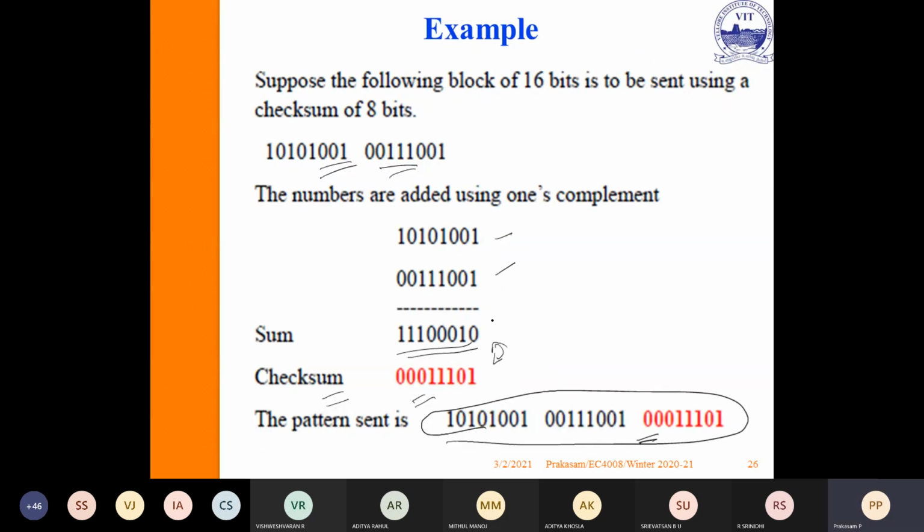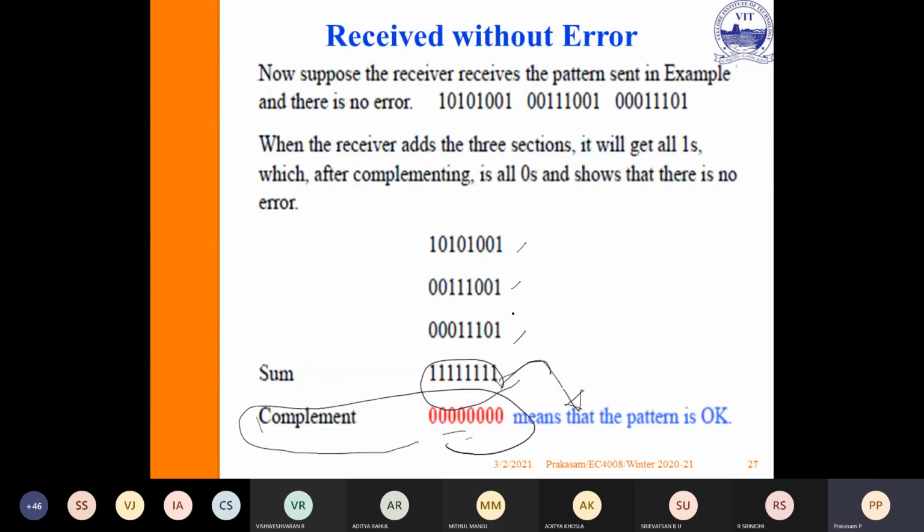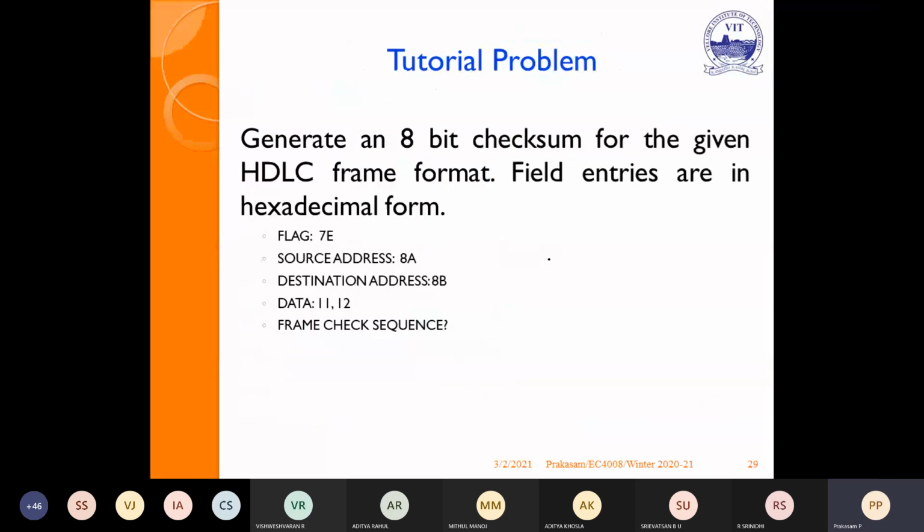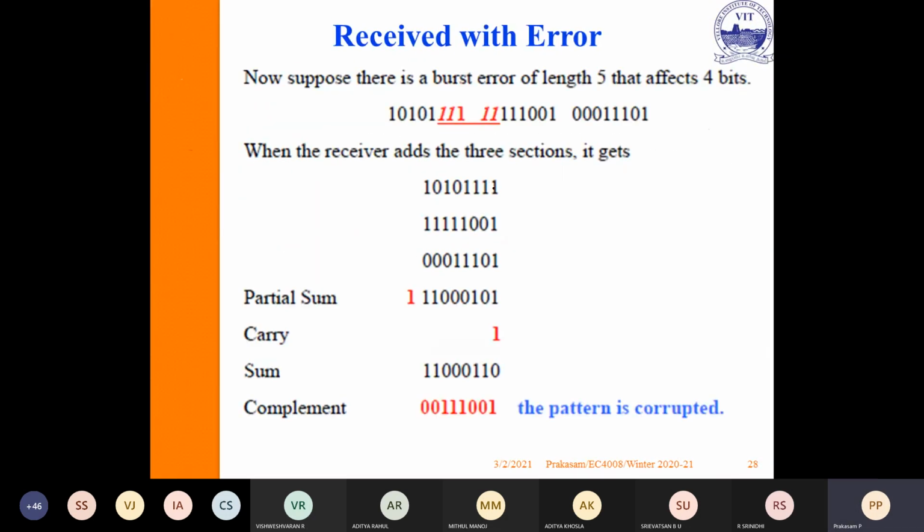So this is also a very simple problem. Kindly practice the checksum problem. Either CRC or checksum may come for 4 marks or 5 marks in a CAT. Kindly practice. This is in binary. Suppose you are asked in terms of hexadecimal, okay, but before that you will see it with an error.